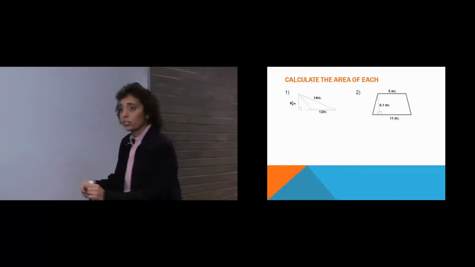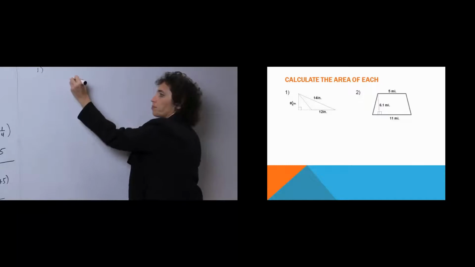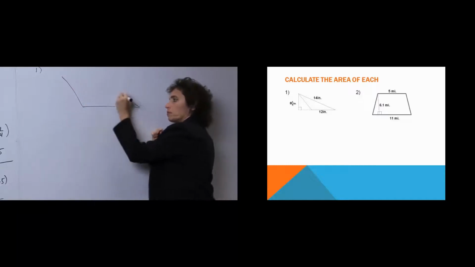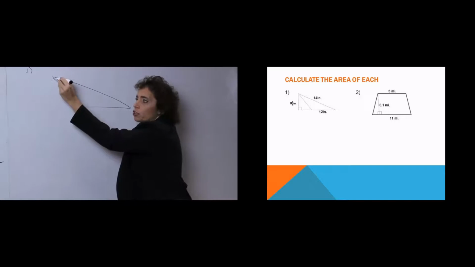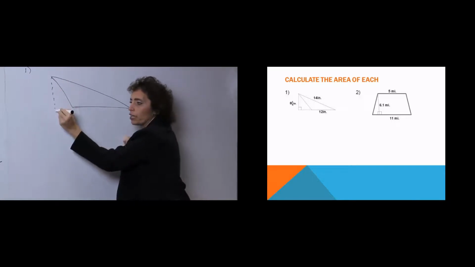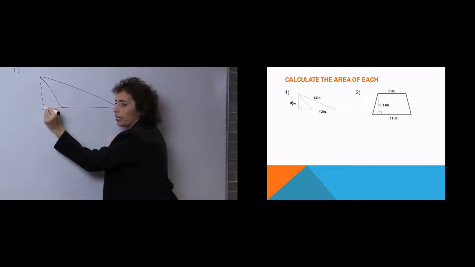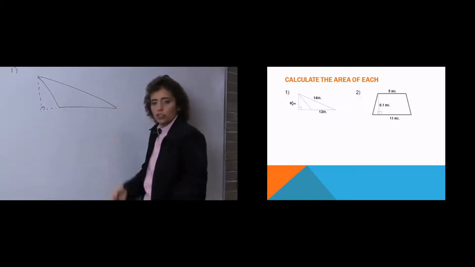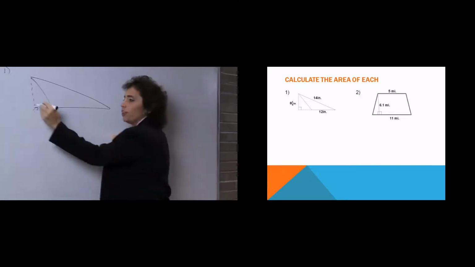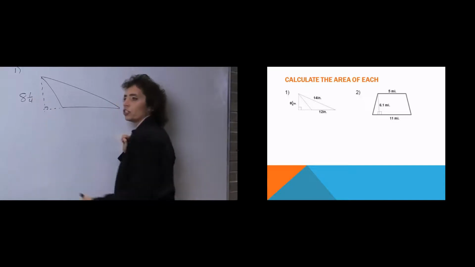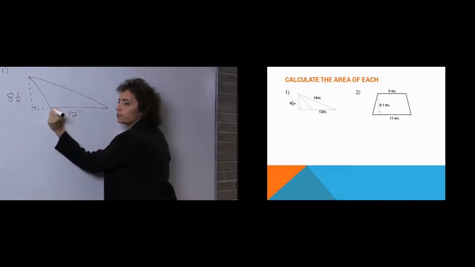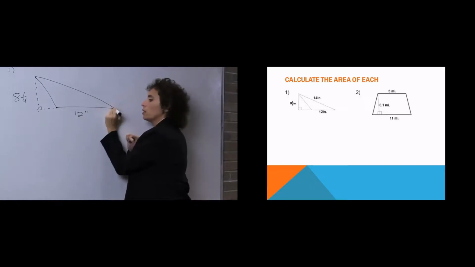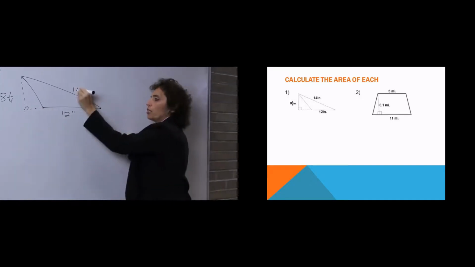Let's take a look at this first one, this triangle. Remember that the height has to be from the top of the triangle to the bottom. That's why it's drawn outside. The height is drawn perpendicular, so there's a right angle there because you have to go straight down. And this is 8 1/4 inches. This is 12 inches, and that's the distance from here to here. And then this is 14 inches.